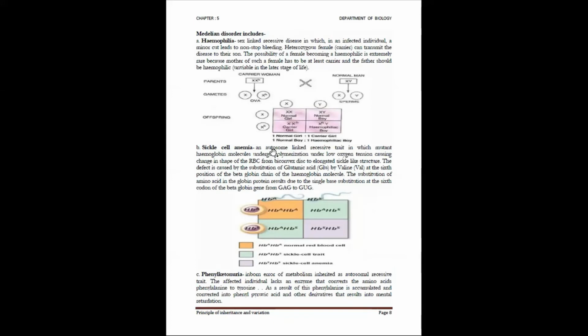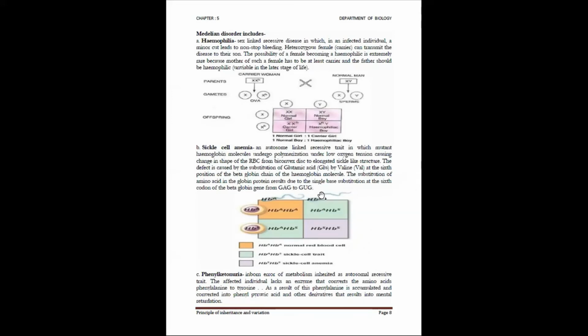You have to talk about what is the trait which is happening, where the mutation is happening, and what is happening to the RBC, the shape of the RBC, how it is changed, and why the RBC shape is changed because of the change in the nucleic acid or the protein substituent at the sixth position of the beta globin chain of hemoglobin molecules. This is the major criteria for which there is sickle cell anemia in a person.